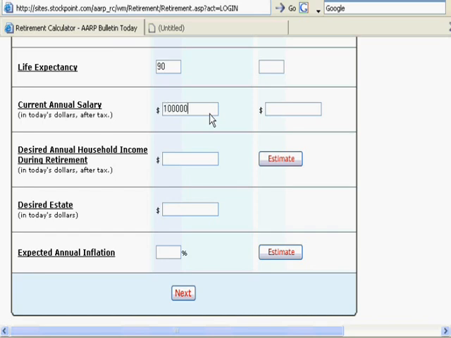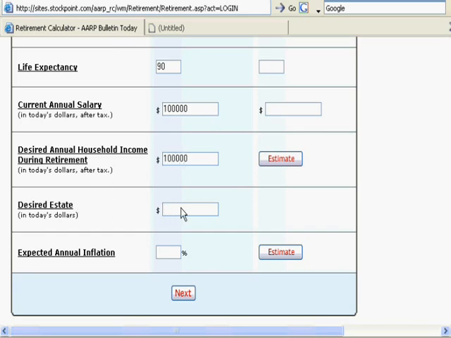We put in your annual salary and how much income you would like in retirement. Use today's dollars because the software will adjust for inflation automatically for you. So let's assume we want to keep everything we make,